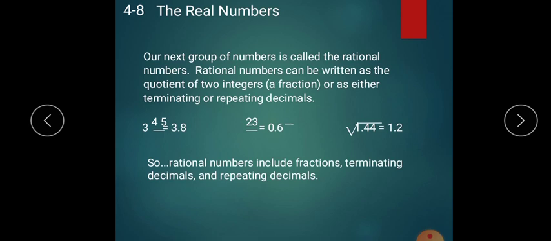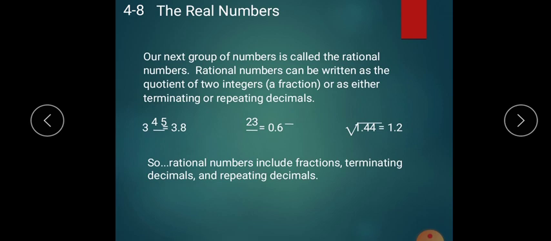Now let us understand in details what this terminating or repeating decimals mean. P by q, as I told you, is a rational number. So when you divide p by the divisor q, the answer you will get is in decimal. So this decimal number can be terminating or it can be repeating. Repeating means after the decimal point the digits repeat, they don't end.